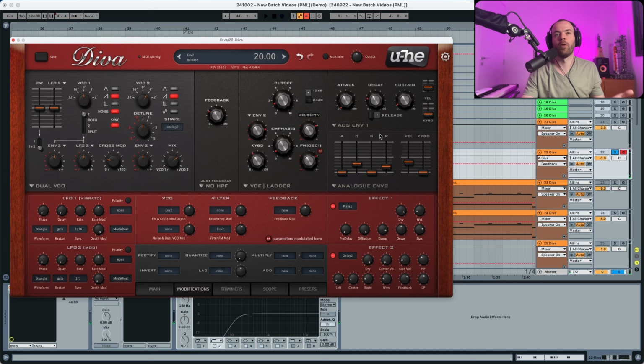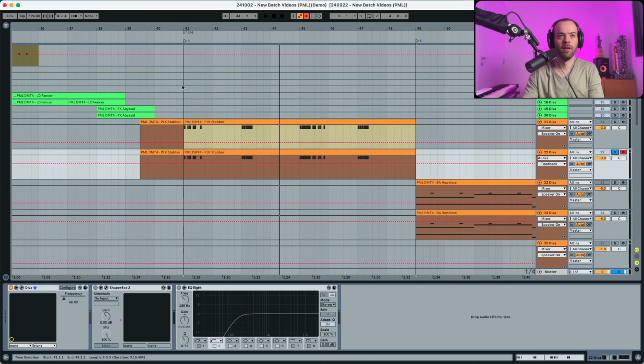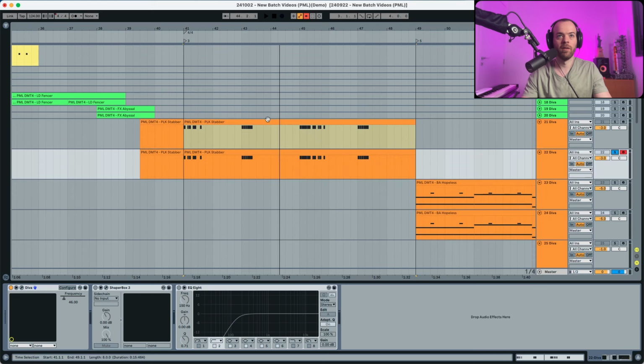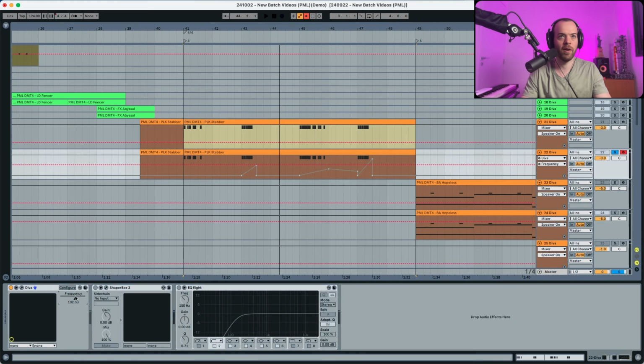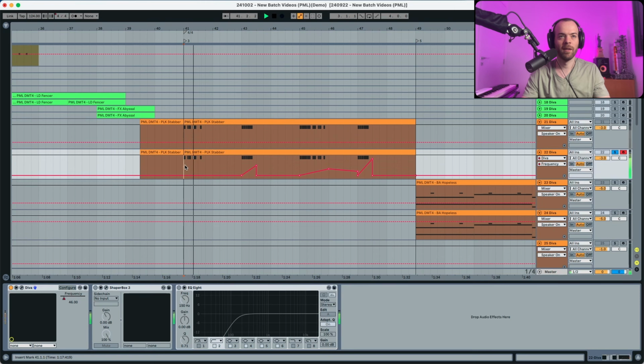Now to finish everything, as we've done before over here, we're just going to close DIVA. We have this automation that is happening over here in the cutoff, as you can see it. So we're just going to let it happen. And now if you want to activate all the effects and listen to it in context,